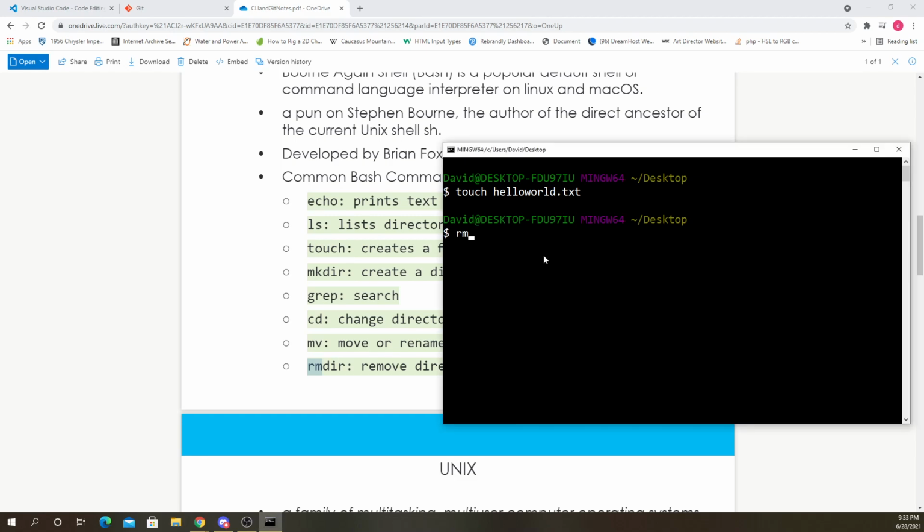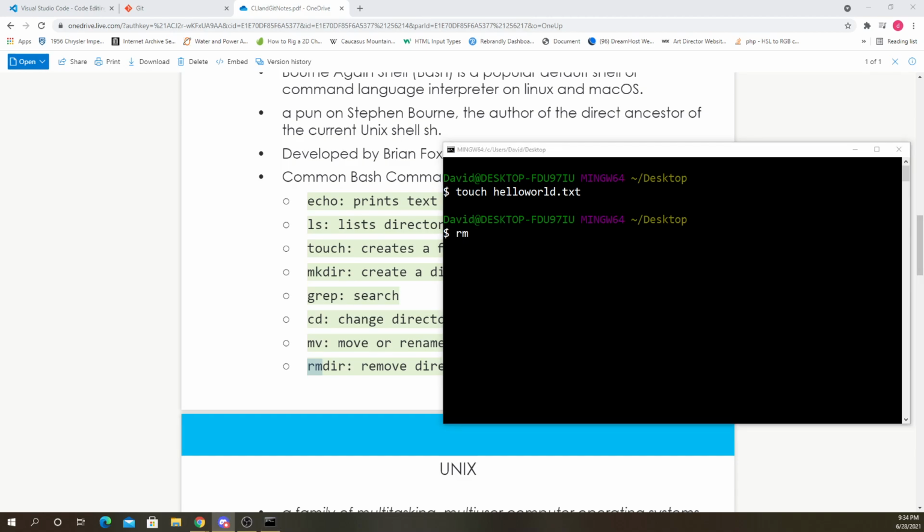I'm just gonna remove these two now. Remove hello. There is a way to remove both at the same time, let's see, how can we do it? We can't really, I have other text files there that I don't want to delete.